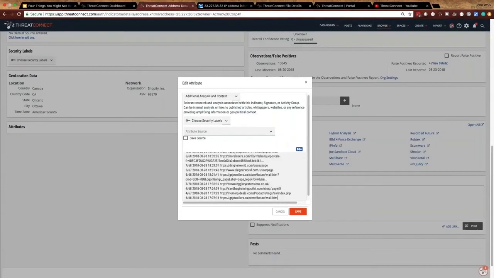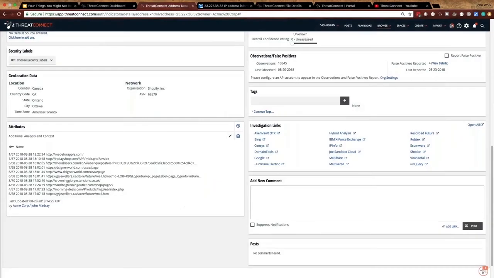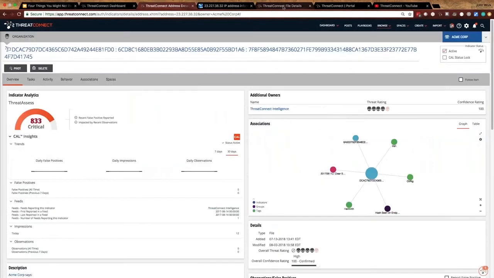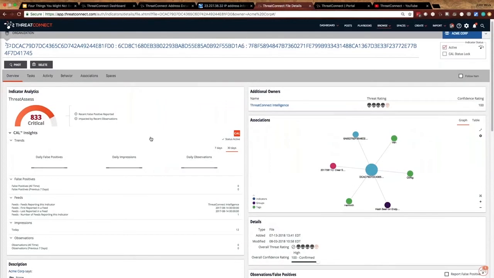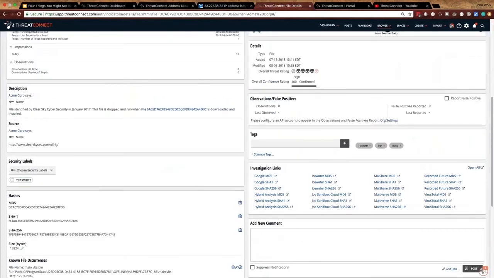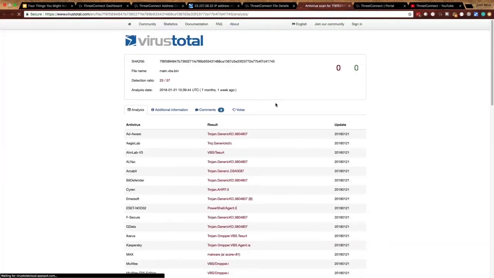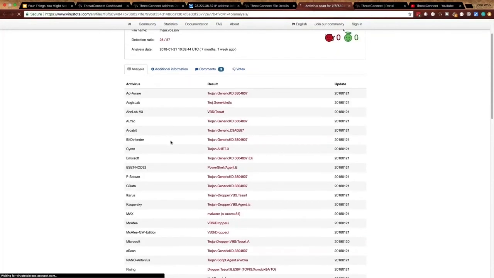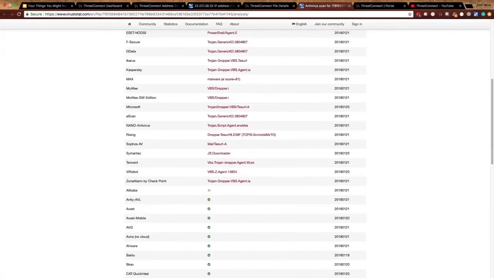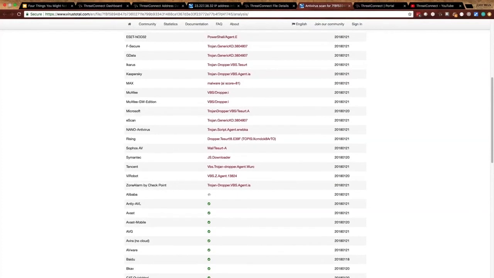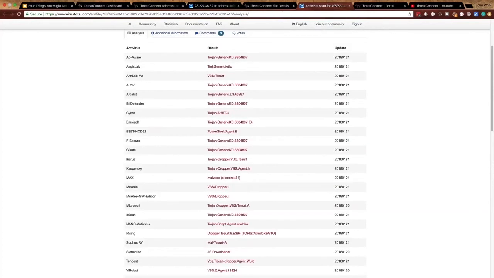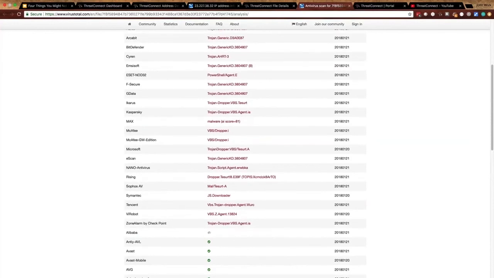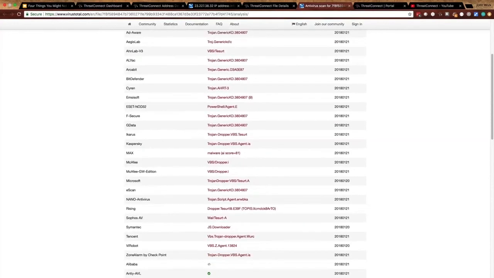I find that using VirusTotal for looking up your file indicators is going to give you a little bit better information. So we can go in here and say, all right, third-party enrichment. Let's look at the VirusTotal MD5. So we go out and do the MD5 search on VirusTotal. Now, where this is helpful is if you know you have a particular one of these antiviruses, like if you guys are running McAfee in your environment, or if you're running Symantec in your environment, we now have a name that we can associate with this. So we can take these results and put them in under their own attribute. And we also have detection dates.